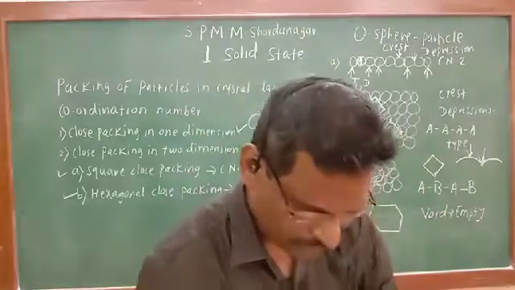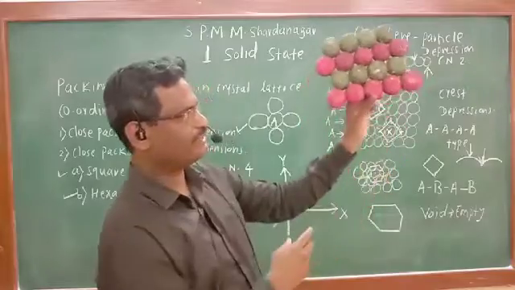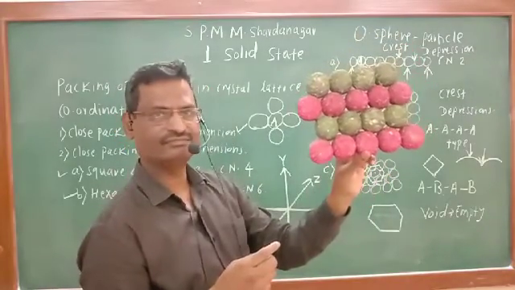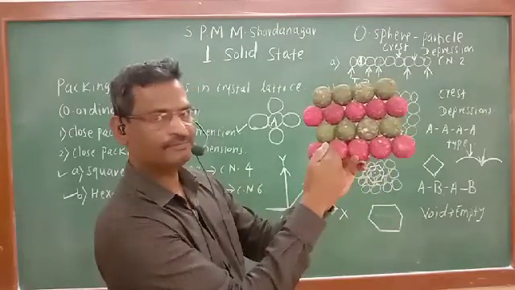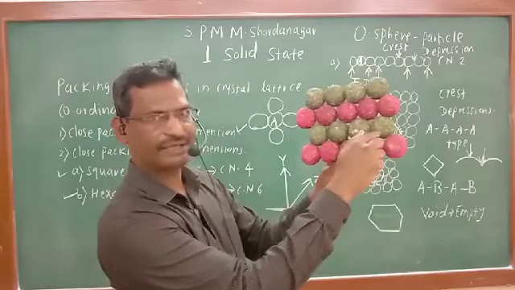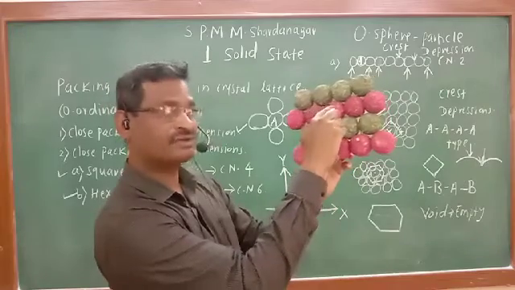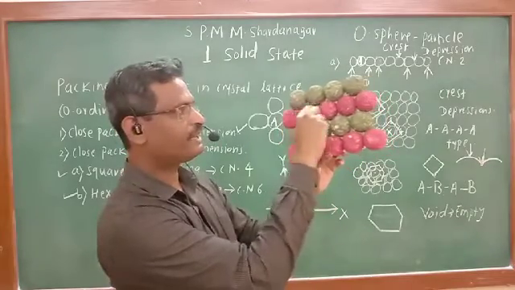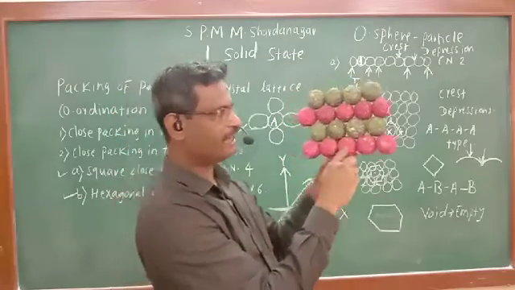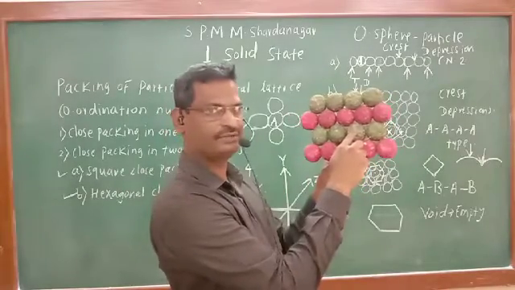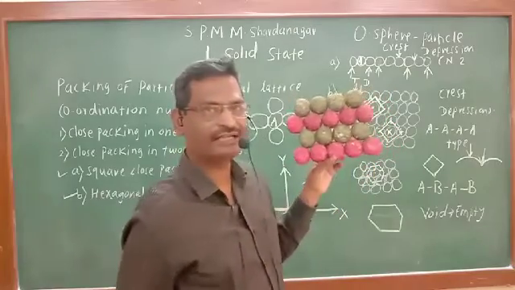Now, if we see this one more, second arrangement, can you come to know, is it A or AB? This is AB because in the depression of first layer, crest of second layer are placed. Then in the depression of second layer, crest of third layer are placed. And in the depression of third layer, crest of fourth layer are placed. So if this is A, this is not A, this is B. Again this is A, again this is B. So it is known as AB type of arrangement.